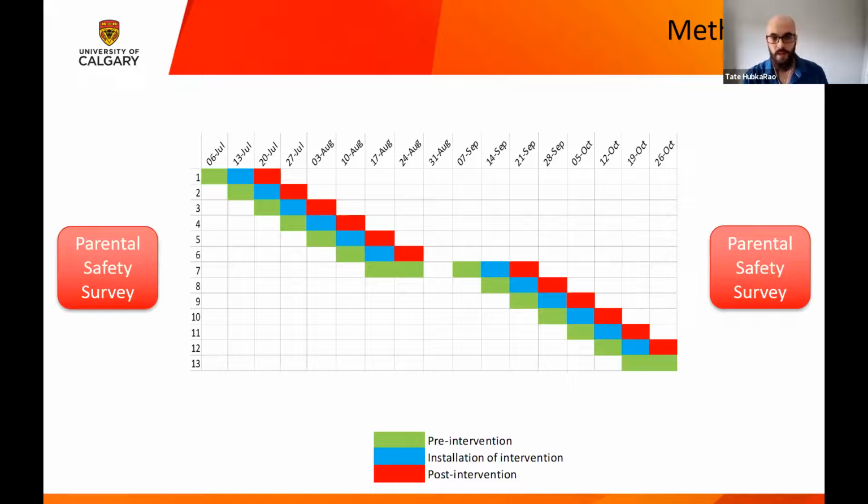And then at the end of each grouping, we did have some schools that we collected data for multiple weeks as well. So this schedule just allowed us to primarily compare the pre-intervention outcomes to the post-intervention outcomes at each school. So along the horizontal line, comparing the green box to the red box, but then we're also able to compare our post-intervention outcomes at one school to the pre-intervention outcomes at a different school during the same week. So that's the same as comparing a red box to a green box, but along a vertical column. So we can look at both kinds of comparisons in this.